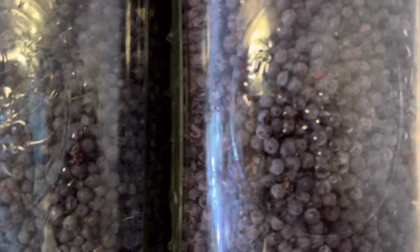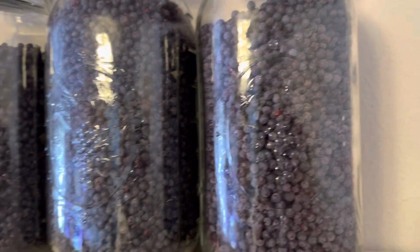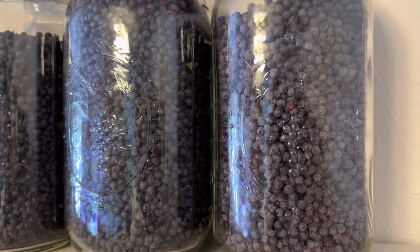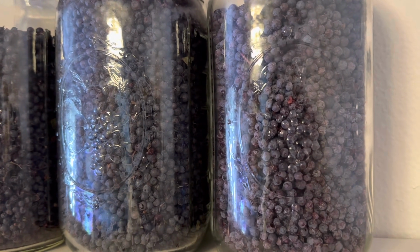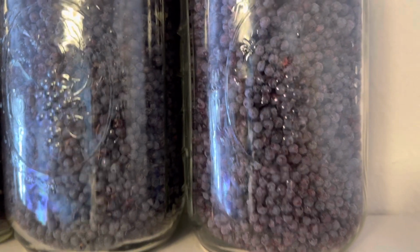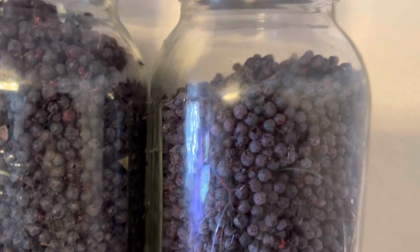These do not burst. So if you've used a freeze dryer before, or if you've watched other videos, you would know that blueberries and any kind of closed off fruit with a high juice content will burst. But these elderberries, surprisingly, I mean, there's that one right there. It's got a little hole in it, so it had a little burst. That's the extent of those. The seeds inside might burst out, but